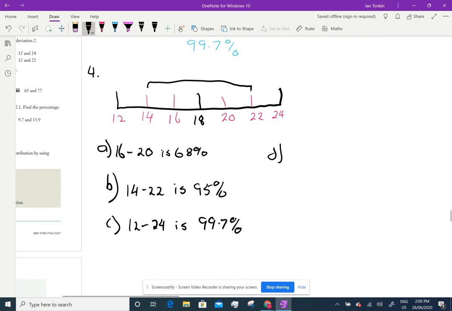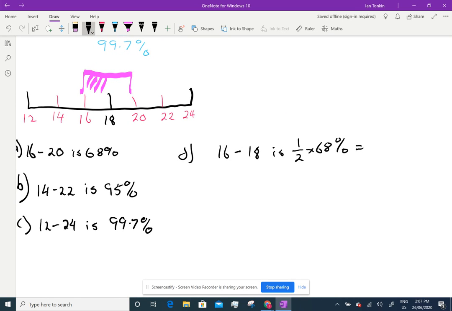16 and 18. Well, if I look at 16 to 18, I'll use this one. There's 16 to 20. Now remember, this data is symmetrical, and we know that's 68%. So 16 to 18 is a half of 68%,